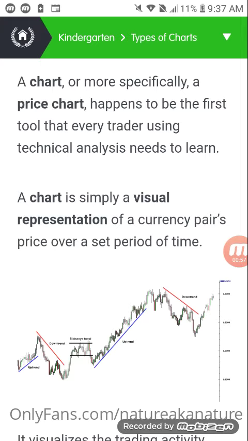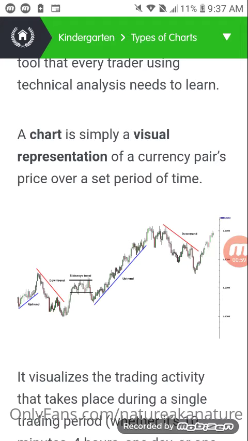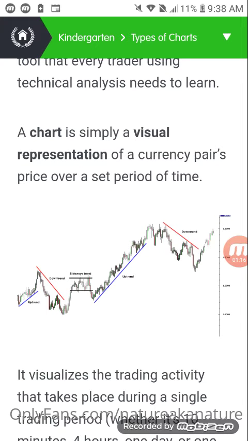So a chart is a simple and visual representation of a currency pair price over a set period of time. This is what a chart is. You have an uptrend chart. Now you see uptrends and a downtrend. Y'all know how these are trend lines. So this is a chart, and it represents a visual representation of a currency pair price over a set